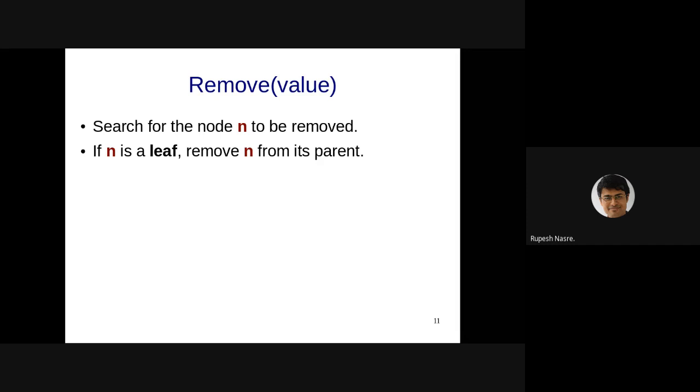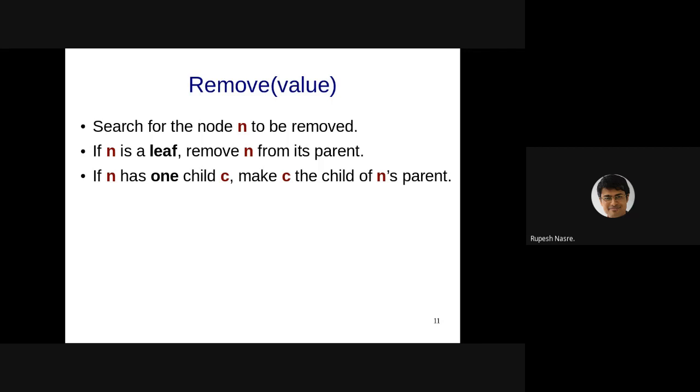If that n is a leaf, then you don't have to worry about anything, and we can remove n from the parent, which also means that we need to know the parent. That can be tracked because you are going to search for the node n containing the value, which means you start from the root and go all the way to that leaf node. So you are going to traverse through the parent anyway, so you can keep track of the parent as the previous node, similar to a singly linked list, where while removing a node we were keeping track of the previous.